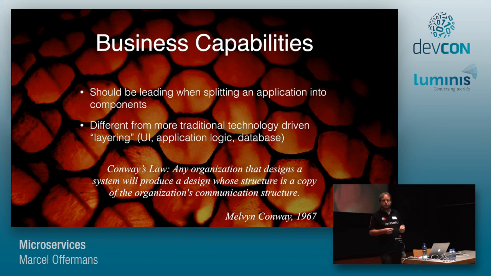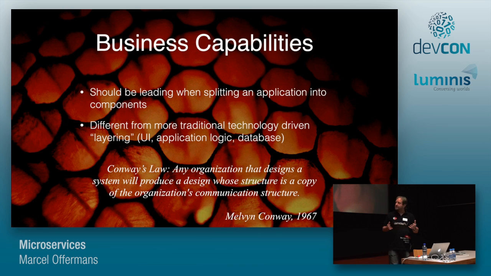I guess a lot of you know the architectural diagrams where we have different layers, one being the user interface at the top, then we have some application logic in the middle, and at the bottom we have some kind of database or data store, and that's usually the basis for architecture. With microservices, you tend to say, no, let's take those together and focus on one business capability and make everything that's needed for that part of this component. So it might be a little bit of UI, a little bit of logic, and maybe also a little bit of database.